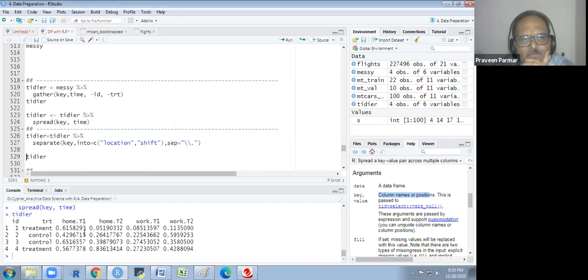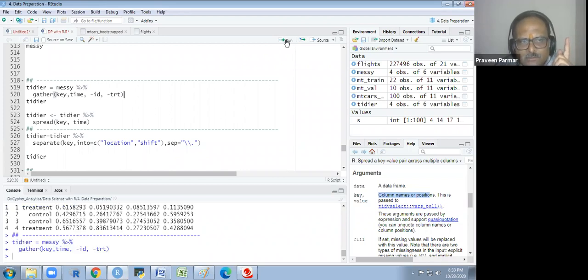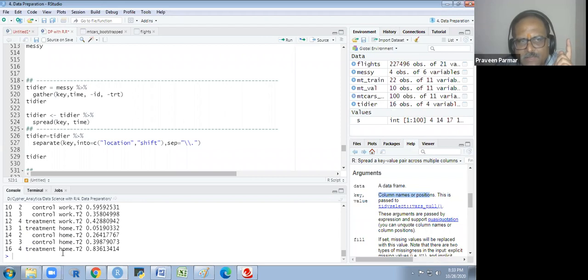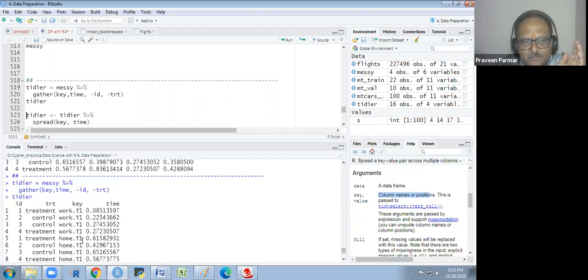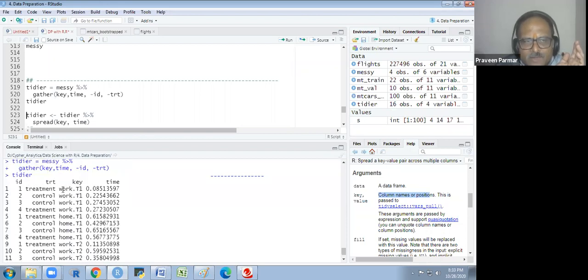The same data I am taking, but I will take this one, not this one. I am taking this ID. Here I will separate work and time. This I want to separate.